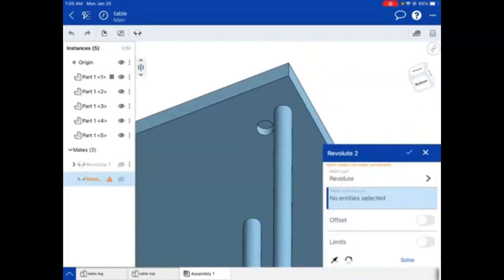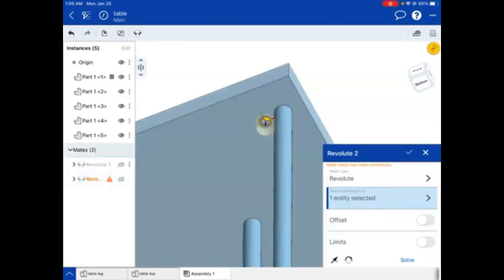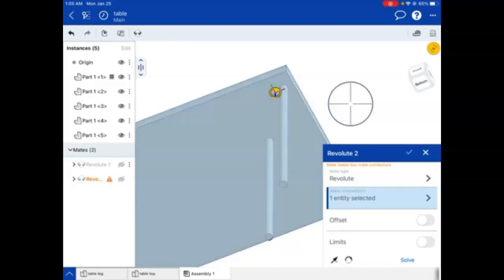Reselect my revolute tool, get my selector tool. You want to be careful not to select this. This would be the edge. It would not be inserted if you selected the edge right there. So you want to go all the way into the back side of the hole, and then press and hold, grab this guy,